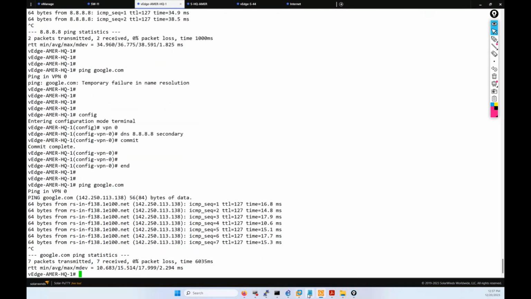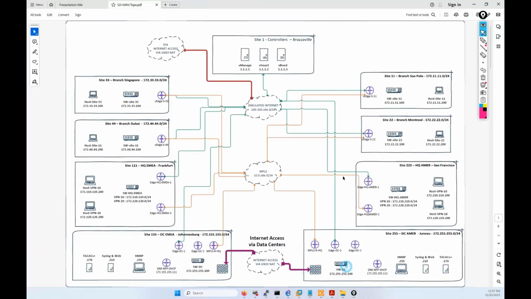So which means each site can be, I mean, this edge can connect to the internet, but anything that's beyond it cannot at this time. So if I go back here, this edge, I was testing from here, this edge can connect to the internet. This is the internet router, and it's going to this subnet and going to the real internet,